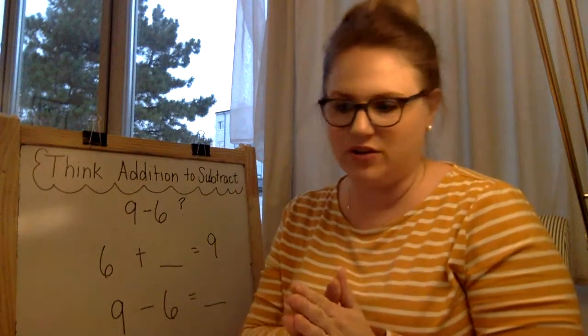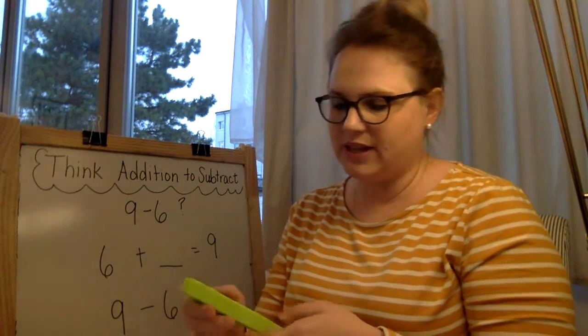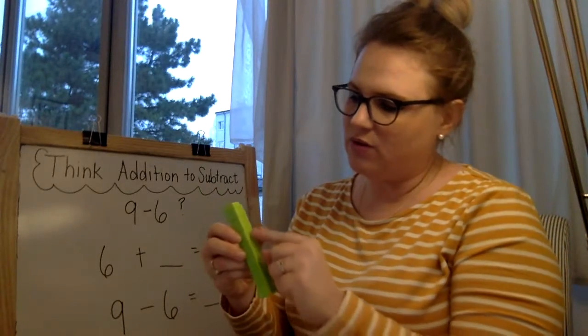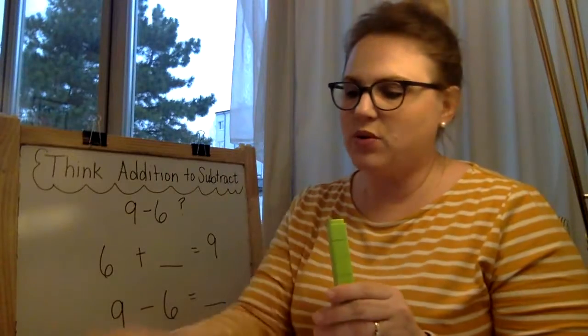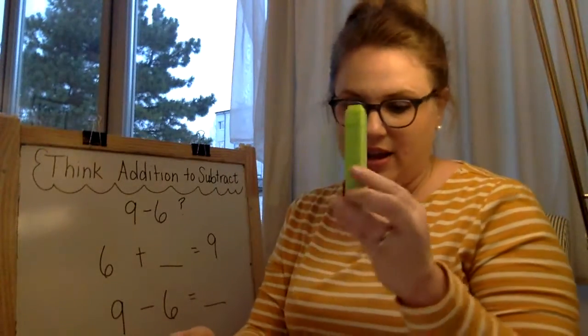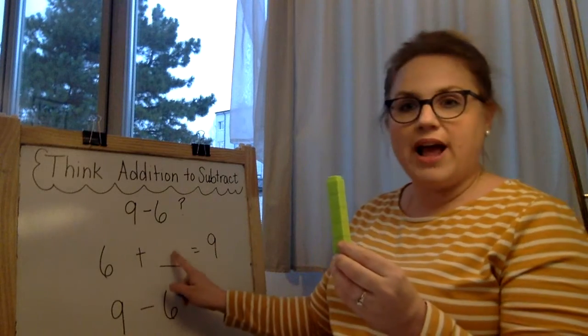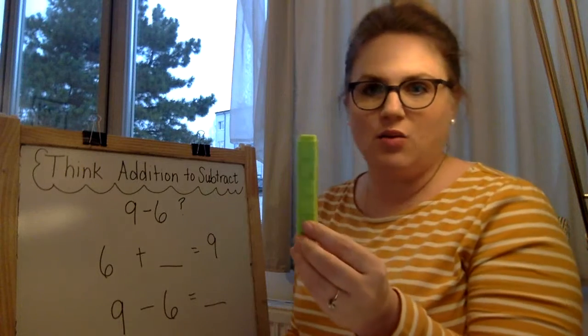So let's go back to our Unifix cubes. All right, if we have 6, 1, 2, 3, 4, 5, 6, I'm going to take 1 off. So now I have 6. I'm going to keep counting Unifix cubes until I get to 9. All right, because I'm trying to figure out what I have to add to 6 to equal 9. So I start at 6. What comes after